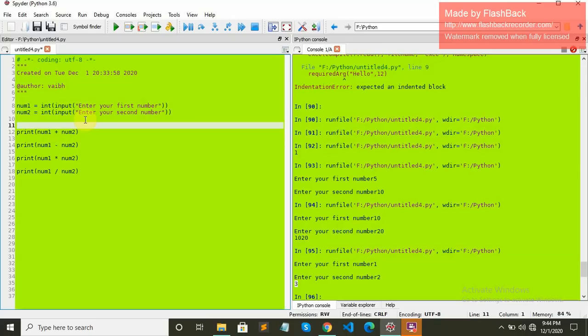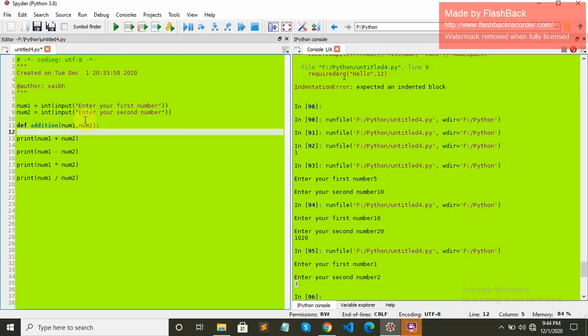You can also use user defined functions to make it more dynamic. You can use something like an addition function. You can def addition, something like this, and then you can pass num1 and then num2, and you can define it will return num1 plus num2.